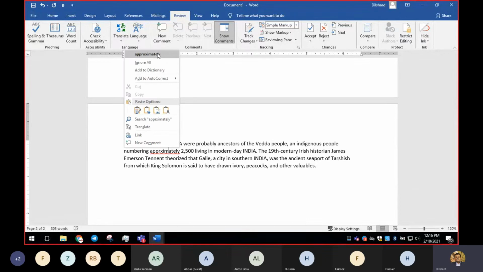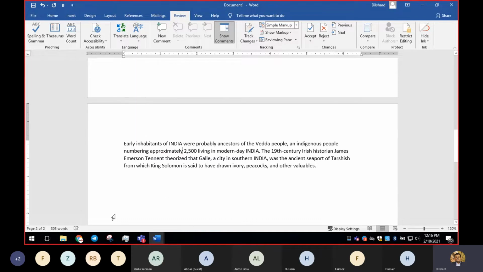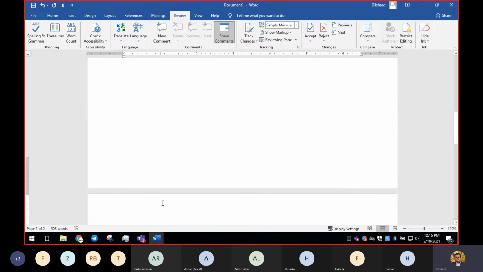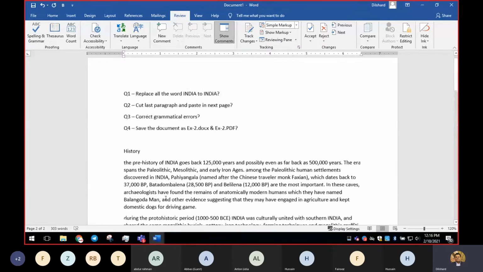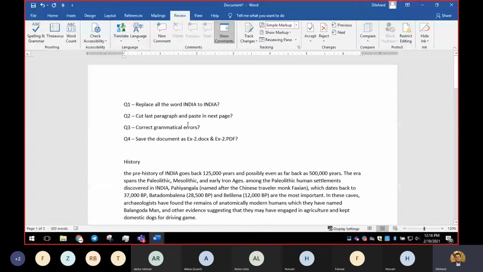See here, when I replace with the correct one, it says all correct. There are no mistakes. So that is how we use Word to correct mistakes.